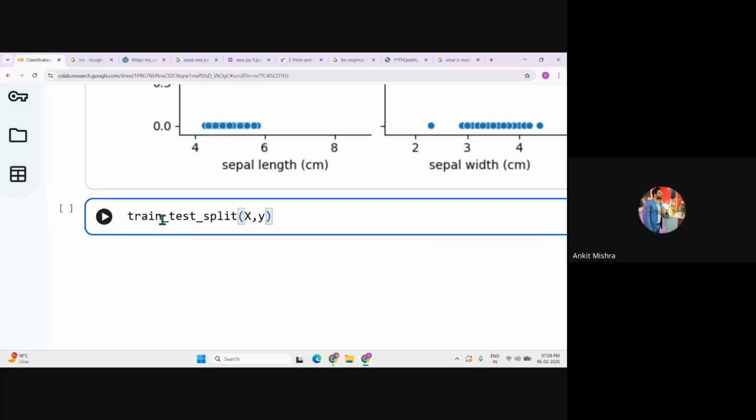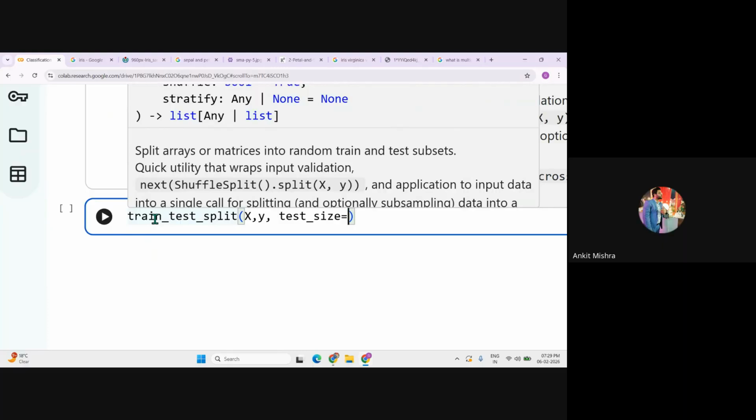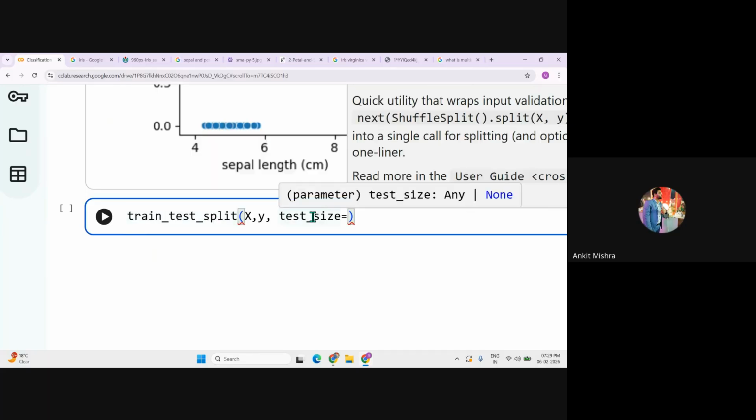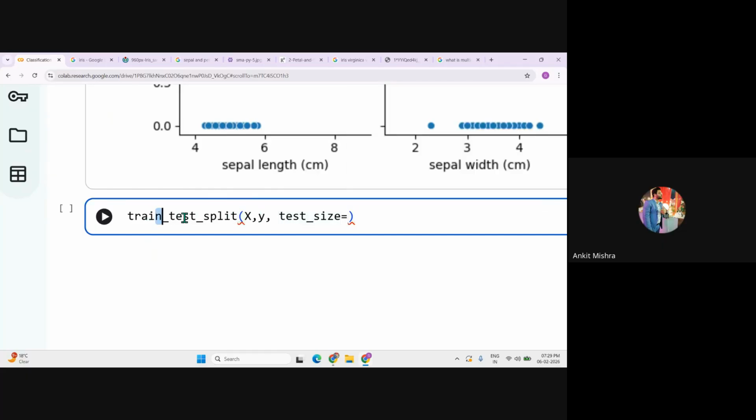Since we have already converted the data into X and Y parts, now let's see. The best part of machine learning is that now we have a limited approach. What we have to understand is that this is called statistical ML. Statistical ML is machine learning which is generally based on the statistical portion, where each and every code is fixed. You just need to repeat the same thing. But the problem is that you have to understand the underlying concept, that is the mathematical portion. And I generally suggest focusing more on the mathematical portion rather than just the code. So let me convert this to X and Y, and the test size is 20%,